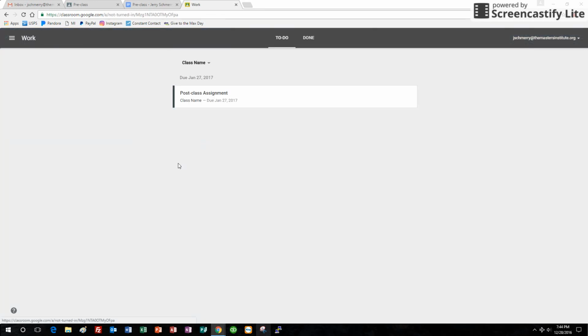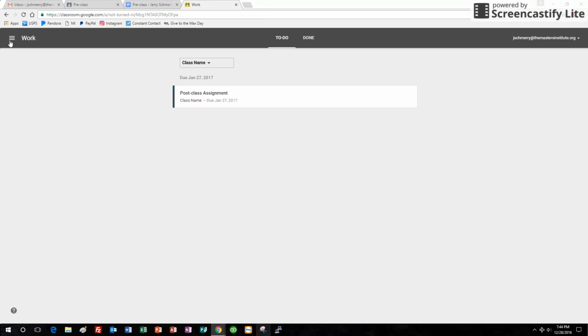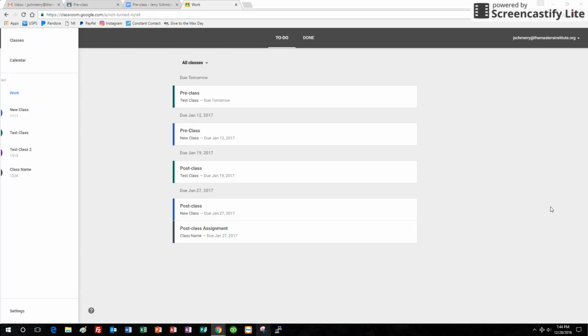When you go to view all your work, there's a nice convenient to-do list and a done list. It shows you which assignments you've done and what you have to do within this class. You can also click all your classes and see your to-do list for all your classes, which is pretty awesome. So look at this. It might be a little overwhelming, but it's really nice that you can go by class or do whatever you want. It just shows you your work. You can also get to this work section by clicking these 3 bars, and there you are, work right there. So pretty cool. This is just the